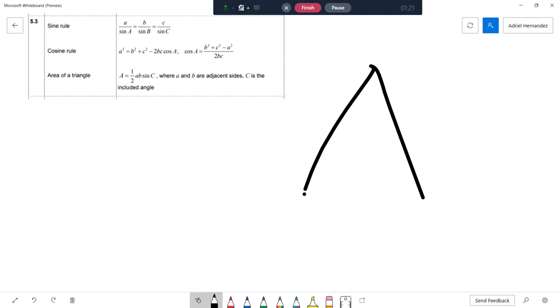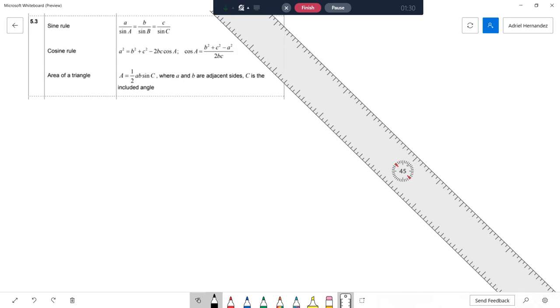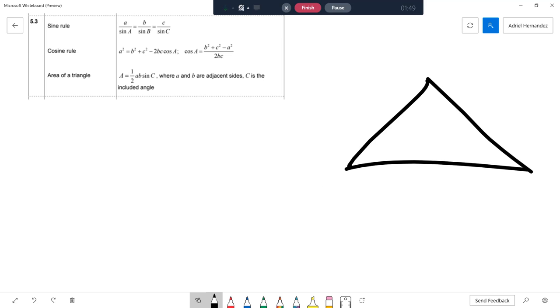say this is your triangle. Oh my god, that is not straight at all. I hate this. Oh my god, how do I do this, please. That's not how I do it. Okay, so I'm gonna just do it like this. So sine law is gonna be,